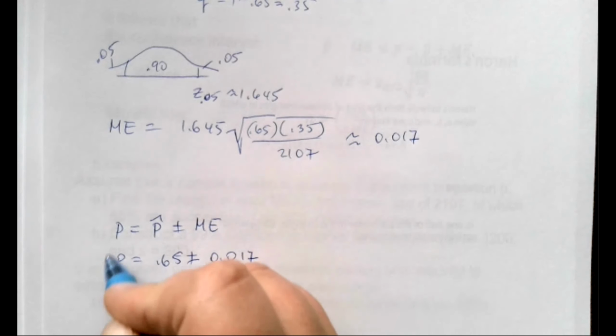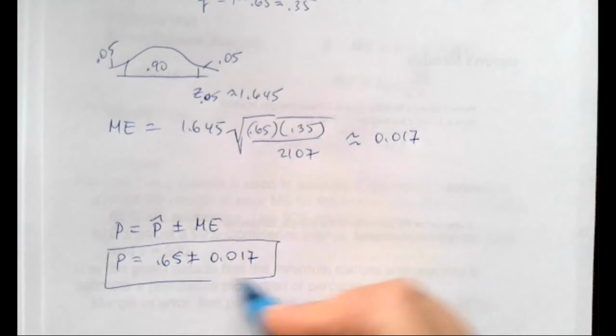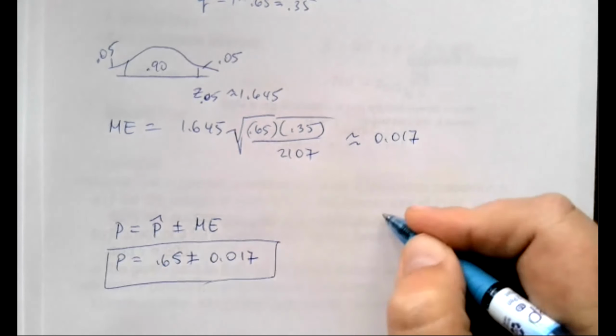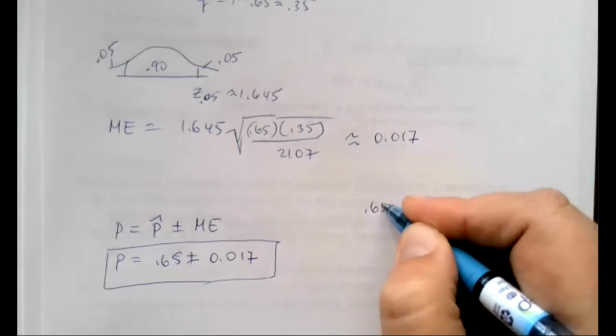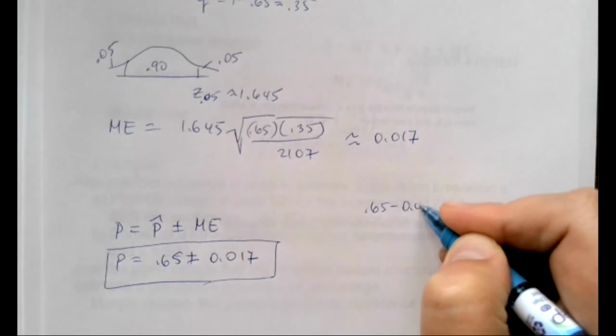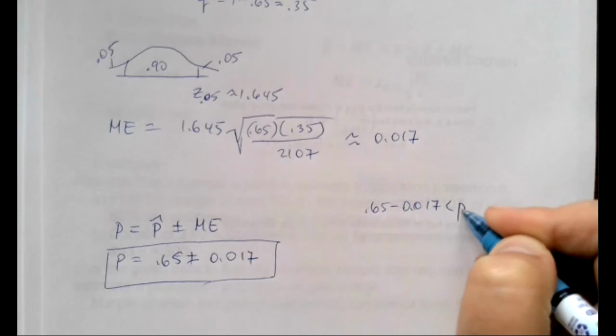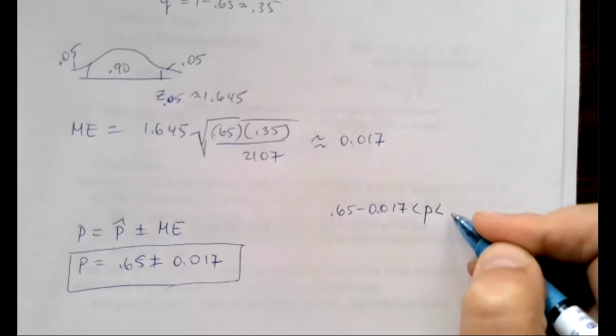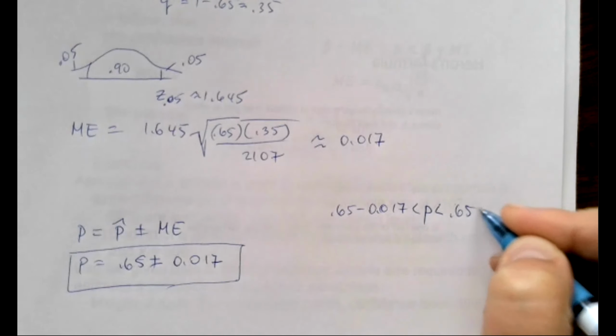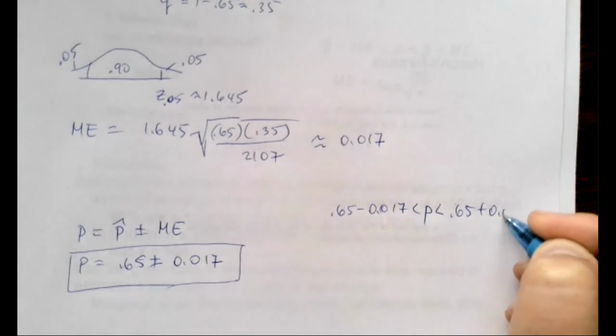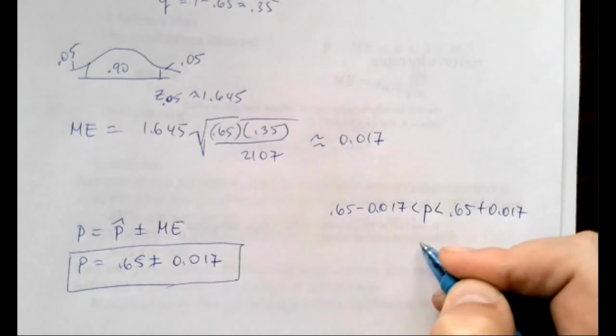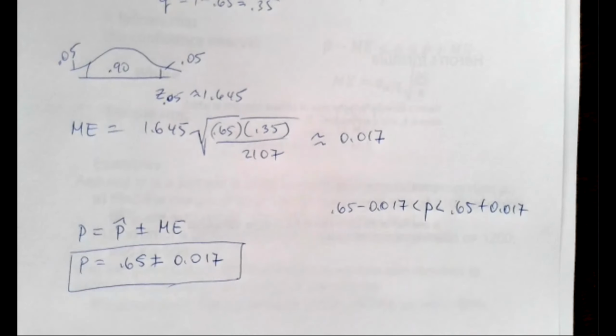Okay, so this is one way of writing our interval. Another way is 0.65 minus 0.017 to 0.65 plus 0.017,